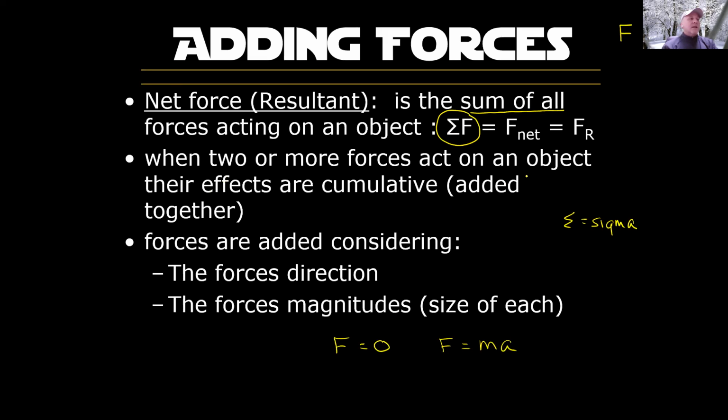When two or more forces act on the object, their effects are cumulative. That means we're adding them together. But we have to add them together considering their magnitude and their direction. So that would mean if I'm pulling this way and here's the object and somebody is pulling this way, right? What we have to do is figure out what is the